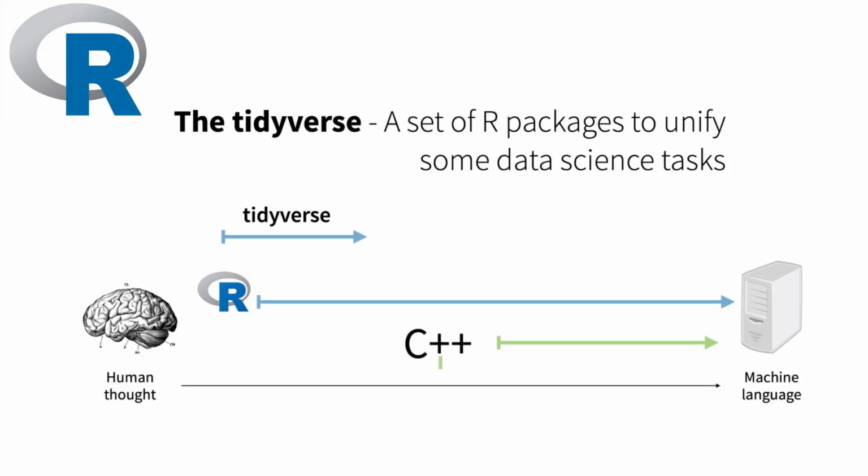So you can do the same things in R in many ways, and the tidyverse chooses the ways that are closer to human thought. So the idea is that once you internalize these tools, the speed at which you do data science should be the speed of your thinking, right? Your hands on the keyboard should kind of flow and should type fast enough so that it shouldn't be a limitation. You could only be limited by how fast you can think and how fast you can iterate through the task at hand. There are other languages like C++, for example, that require you to do the same tasks